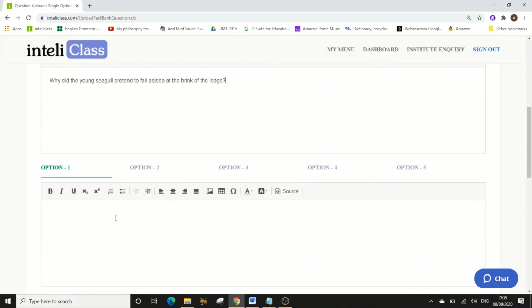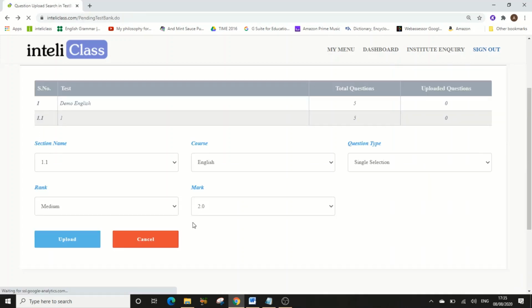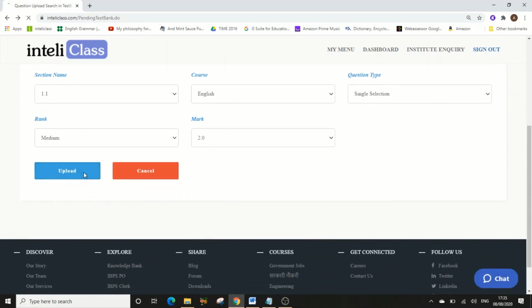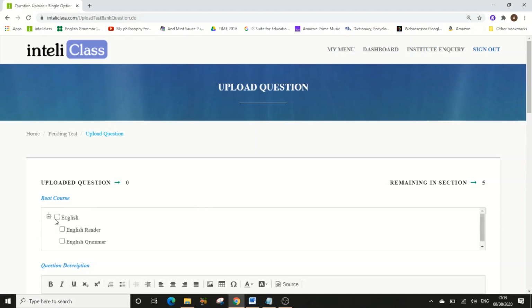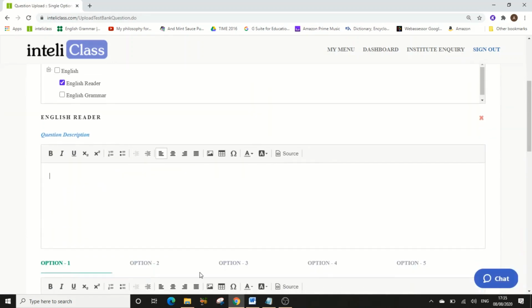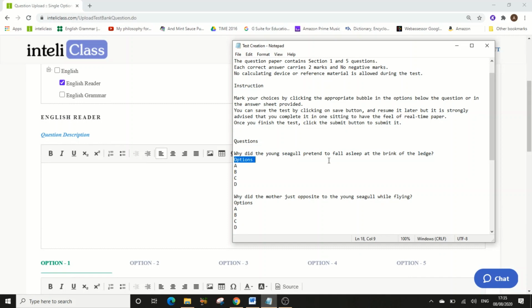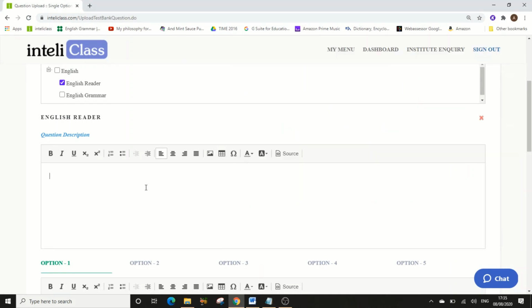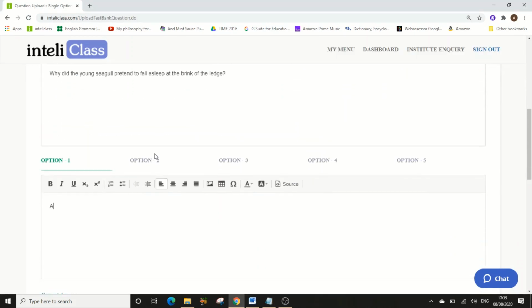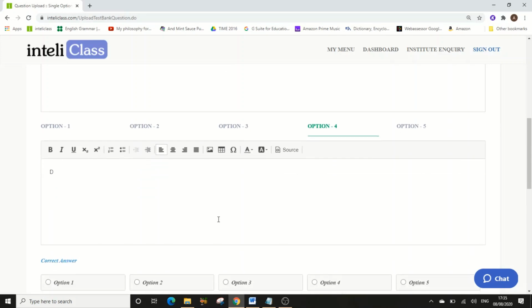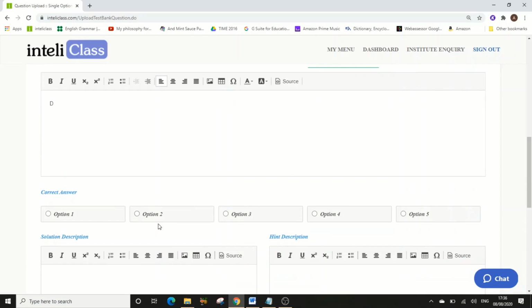Okay, now options. Sorry for that, let me do this again. It is showing me questions. This is my question, option A, option B, option C, option D. Now why am I not writing any option? In options it will be showing ABCD. Just for the sake of simplicity I am doing it. Whichever option you think is correct, you can mark it, say in this question option number 2 is the correct option.